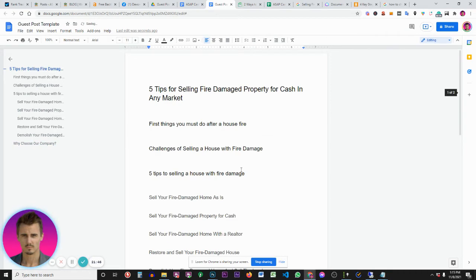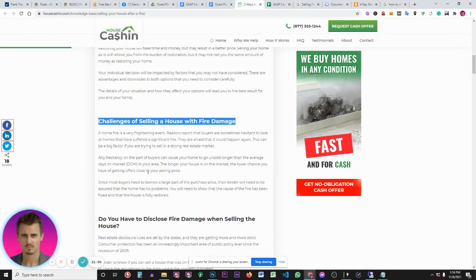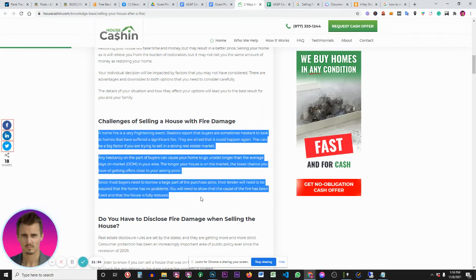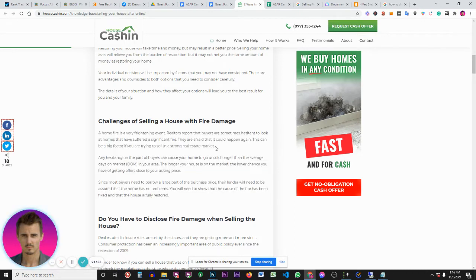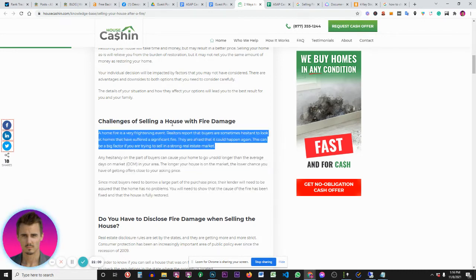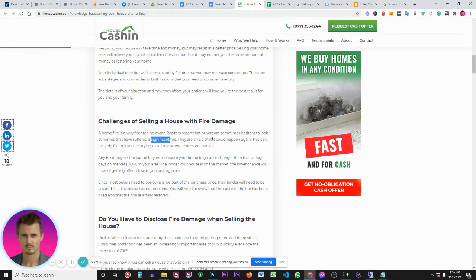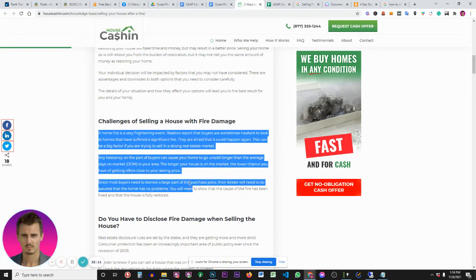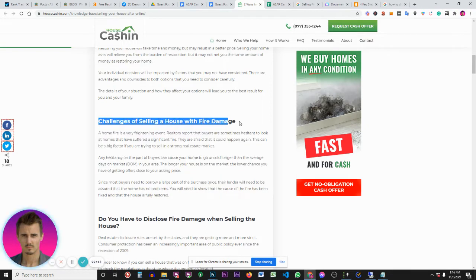Alrighty, let's go ahead and dig right into the content generation. So there's one way that you can generate the content. You could actually read what they're saying on these blogs and simply rewrite it in your own words. I would not ever condone copying this, pasting it, and just changing a couple of words via thesaurus. Definitely not. You need to actually write this in your own words, what the challenges of selling a fire damaged